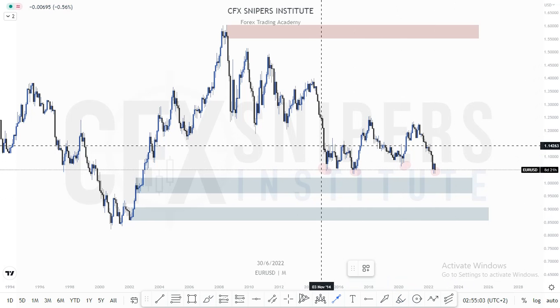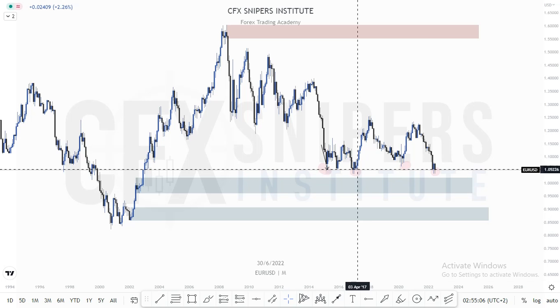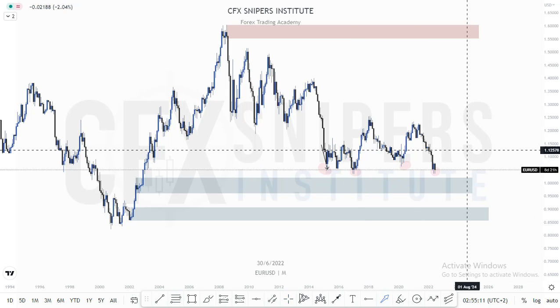So first it will tap, because you can see this almost tapped